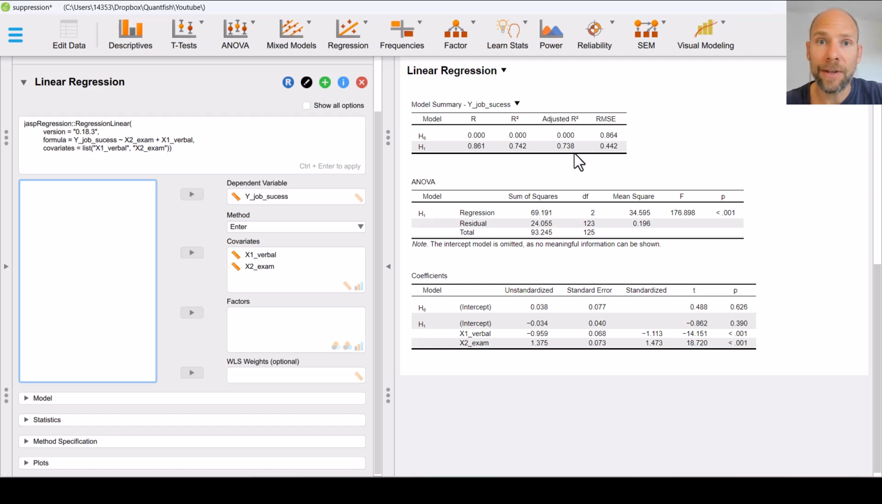And you might think now, first of all, okay, the exam scores are really relevant for job success. So this is really what predicts job success. Verbal abilities is a redundant predictor. We can kick that out of our model. However, when you look a little bit more closely at the coefficients table, so the regression slope coefficients in the